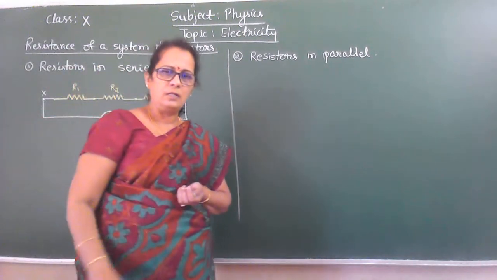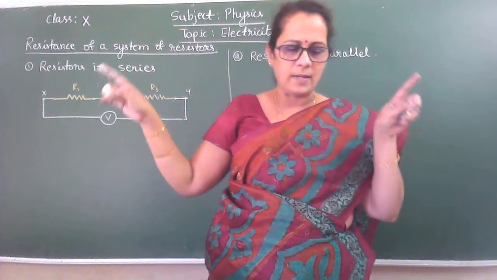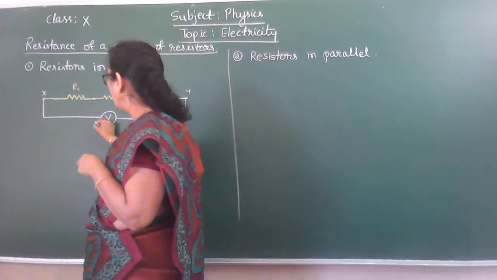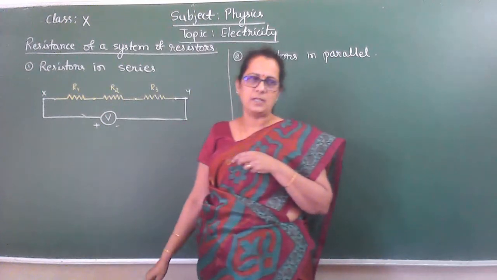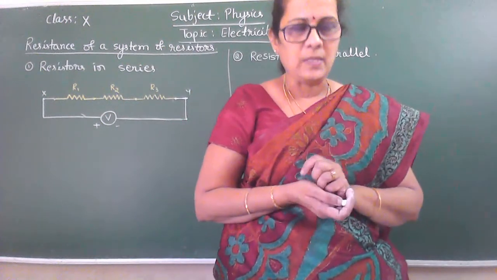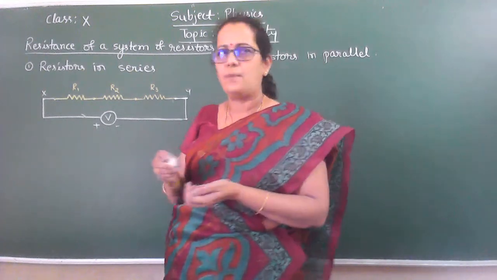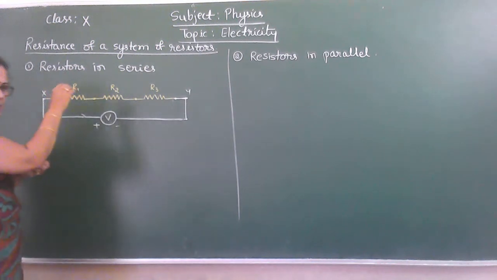This you understood? So the three resistors are commonly connected to XY, and in turn it is connected to V. What is V? It is voltmeter. And the entire system is connected to a common